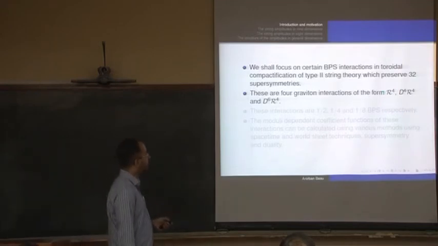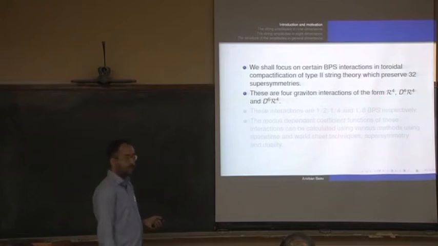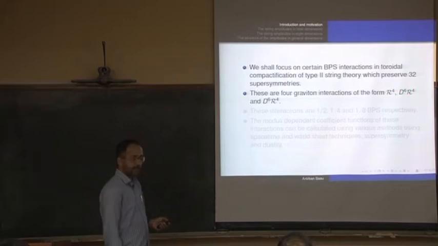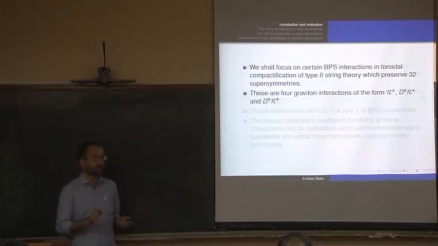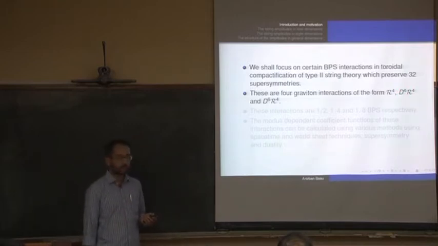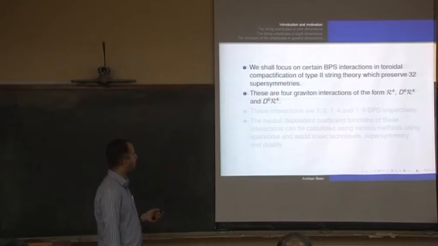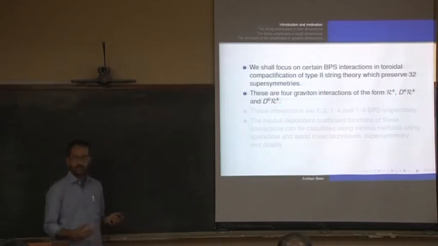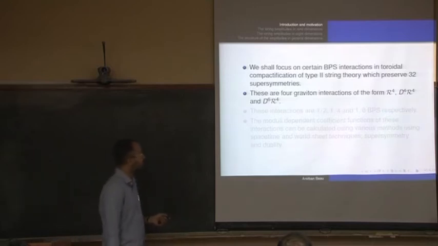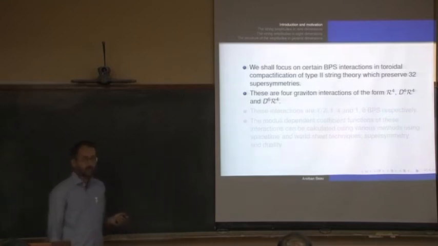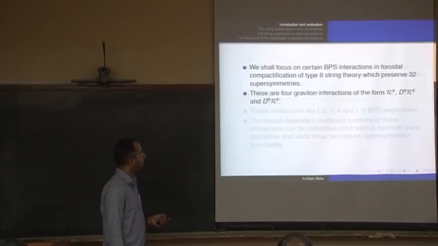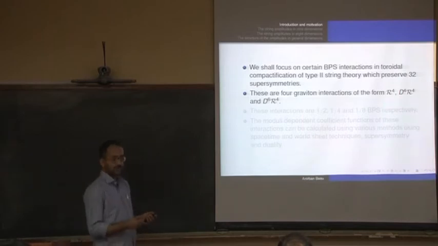And then all the momentum dependence comes out. For example, the next term in the interaction is D to the 4 R to the 4. D to the 4 in momentum space really means s squared plus t squared plus u squared in Mandelstam variables. The next is D to the 6 R to the 4, which is s cubed plus t cubed plus u cubed. So you have this R to the 4 interaction, and then you have a perturbative expansion around this in powers of alpha prime. There's no D squared R to the 4 simply because s plus t plus u is 0, and we are looking at on-shell processes in string theory.